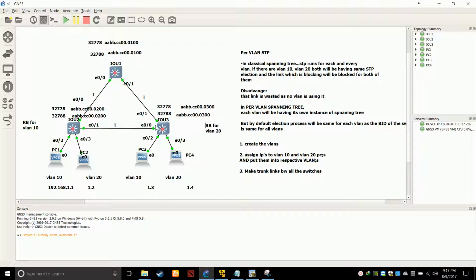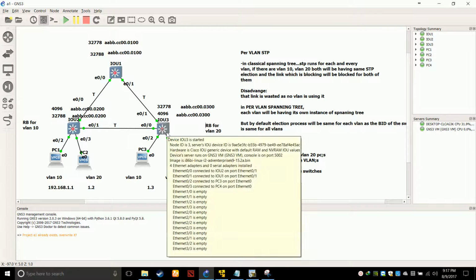We know how the root bridge is elected on the basis of bridge ID. So very simple. For VLAN 10, we will change the bridge ID. What I will do for VLAN 10, I will make it 4096. So when the election happens for VLAN 10, we'll compare this value and this value, and switch 2 will win. And for VLAN 20 I will make the priority 4096 here, so this guy will become the root bridge for VLAN 20.